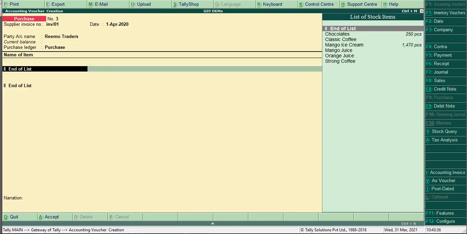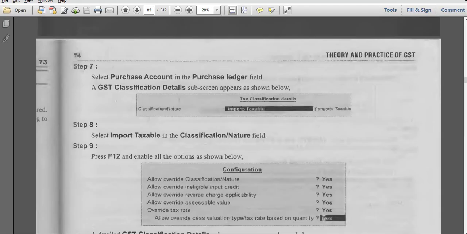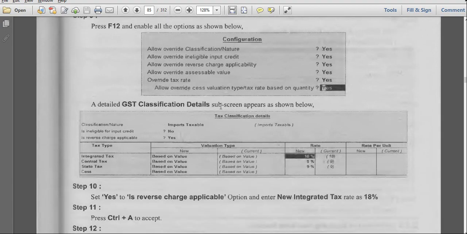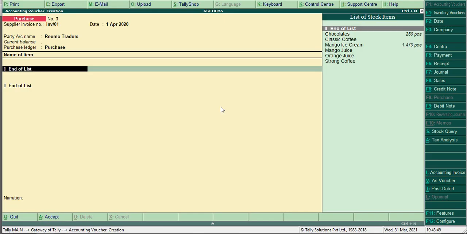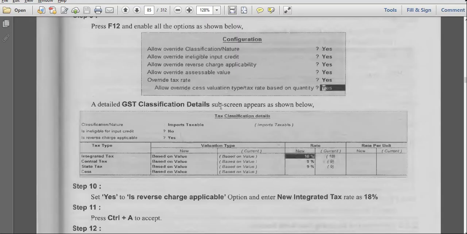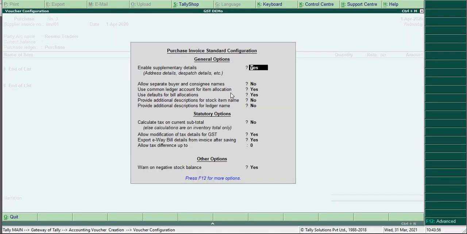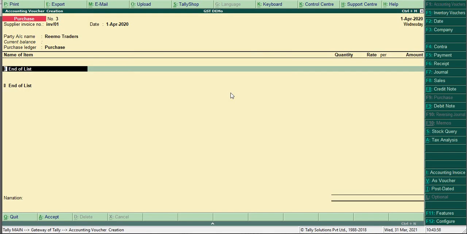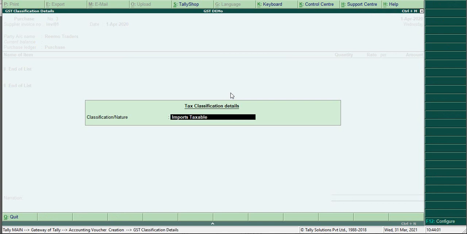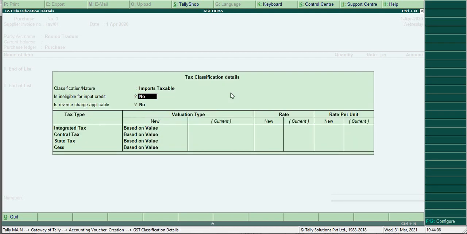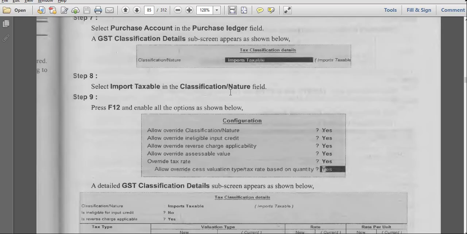Okay. Next, what is the stock item? And press F12 and you have to enable, not here. Press F12, make all options yes. Here import tax, this item, this screen will come now.